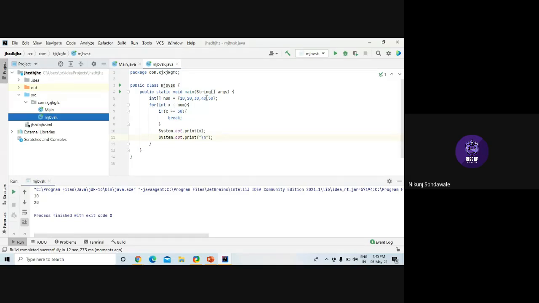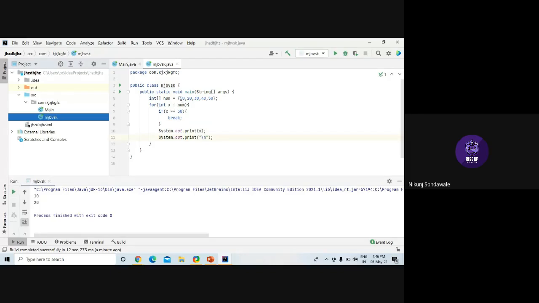We have declared an integer type array num, an array being a collection of similar data, with values 10, 20, 30, 40, 50. Then we have introduced a for each loop. First I'll access x equals 0th index, whose number is 10.